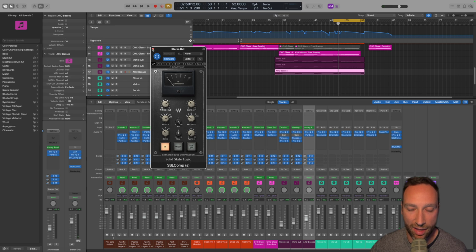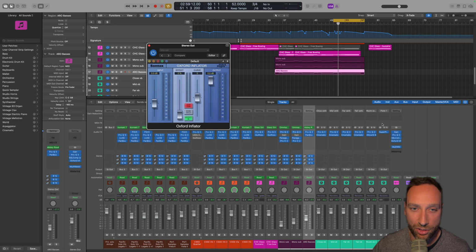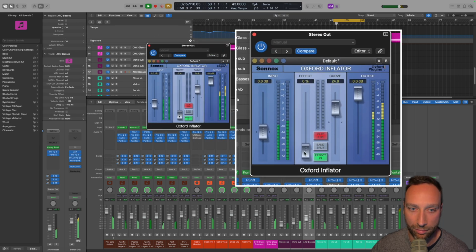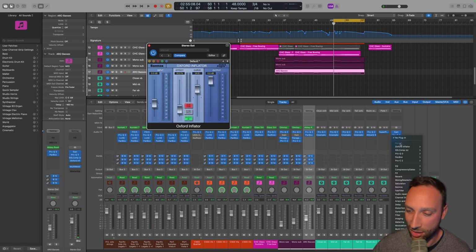And the SSL just to kind of glue stuff together. And then we're into some more kind of, I don't know, fun, colourful things. So I quite like Oxford Inflator, just to kind of add a bit of heft. Oxford Inflator is just really good at adding some really subtle harmonics and just kind of making it sound a bit more cohesive as a